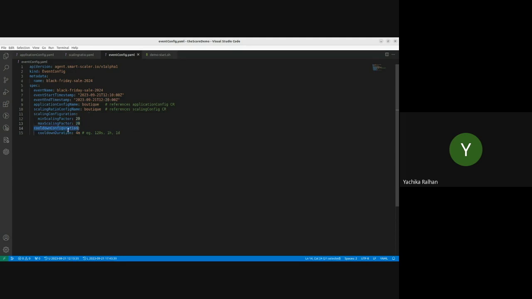Then comes a cooldown configuration. Here you have to mention the cooldown duration. So this is the wait time period after the event ends. In this period, after the event ends, we don't suddenly decrease the pod count on the cluster. We wait for this duration, and at the end of this duration, we try to update the maximum replica count also. So we gradually decrease the pods after the event end also,